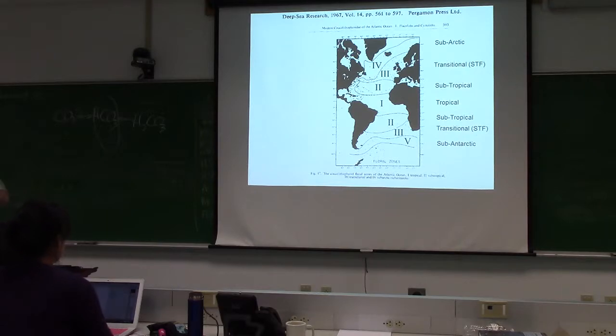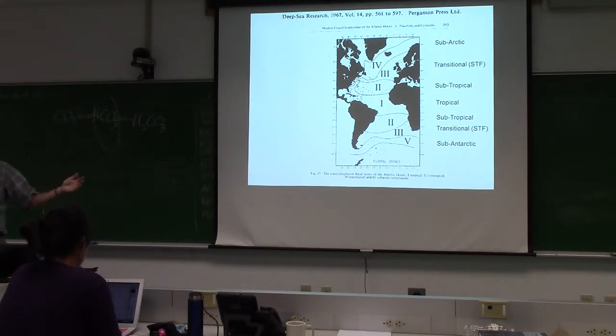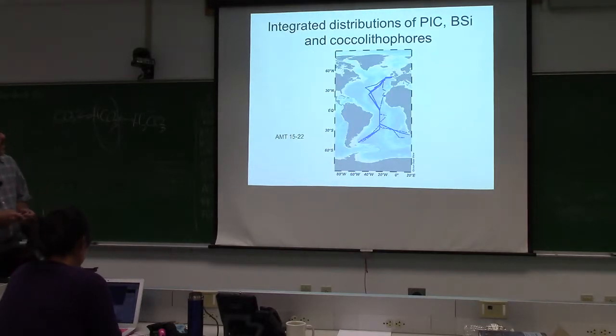But if you're looking at PIC from space, you need to be aware that it's not all the same species, and there are differences in distributions. Some of them grow high in the water column, some of them grow down deep. And they're tropical species and so forth, up to subarctic and subantarctic. So in doing our Atlantic meridional transit cruises, and these are a whole bunch of the cruises that we've done,